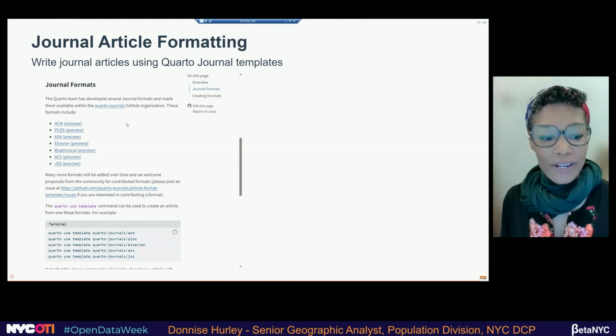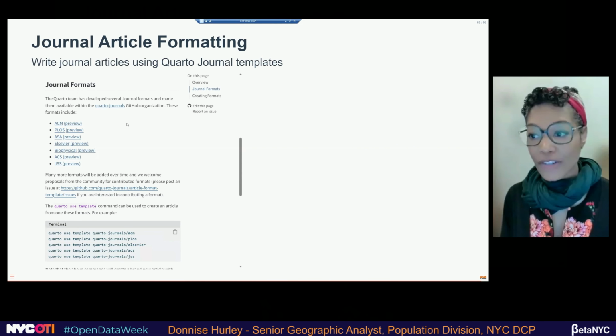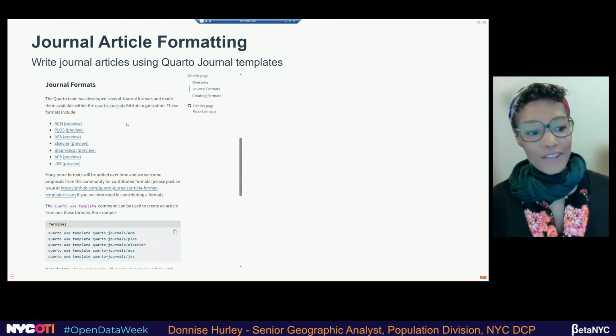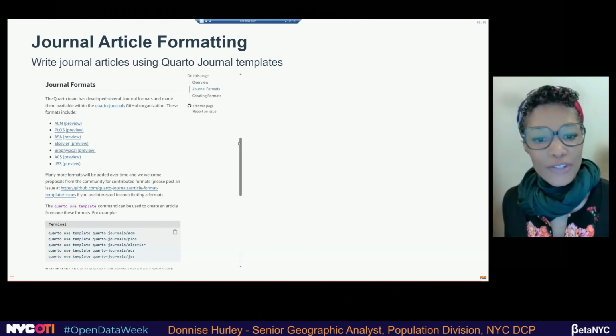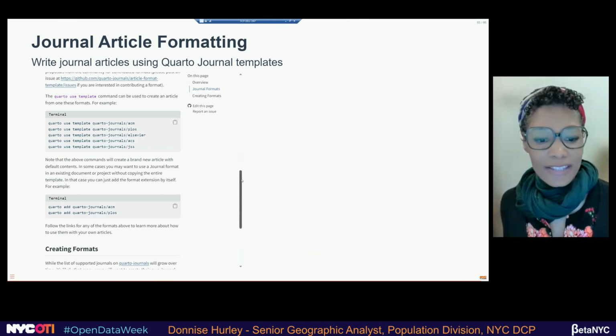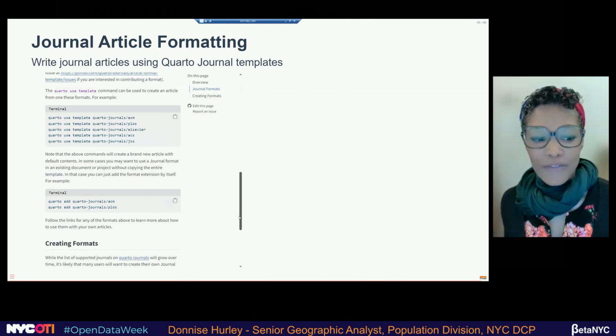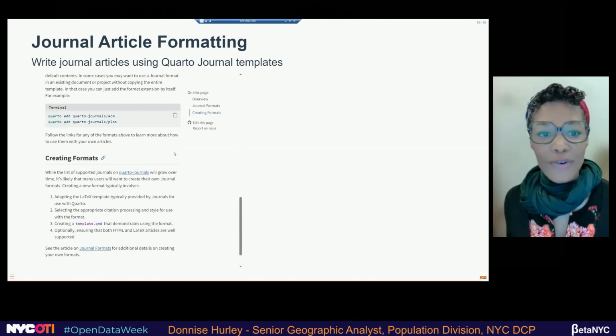And if you are an academic, many universities have templates for master's and PhD theses. So you can check to see if your university has one, if you're a student, and it takes the guesswork out of formatting. So you can find this on Quarto's website.